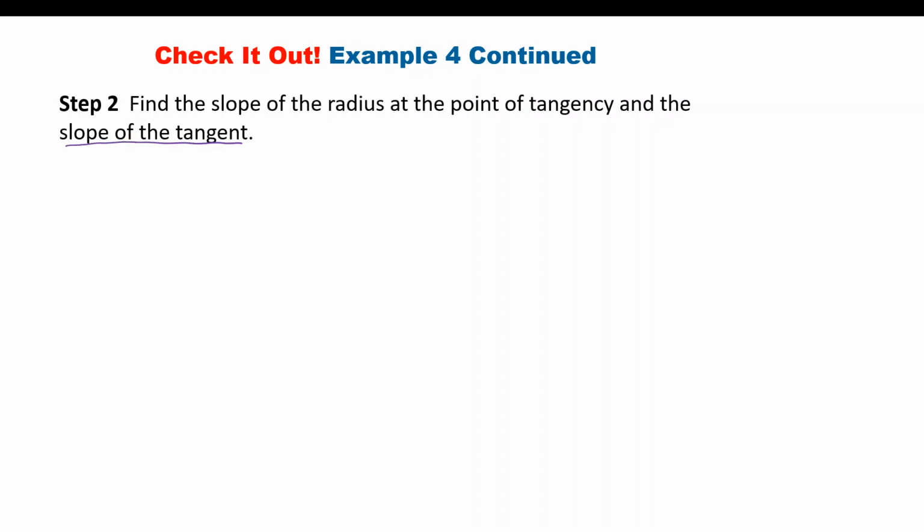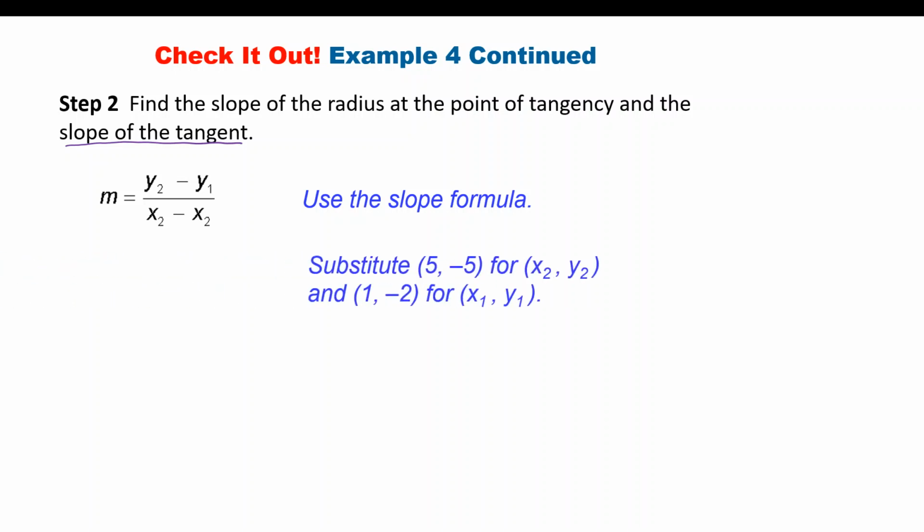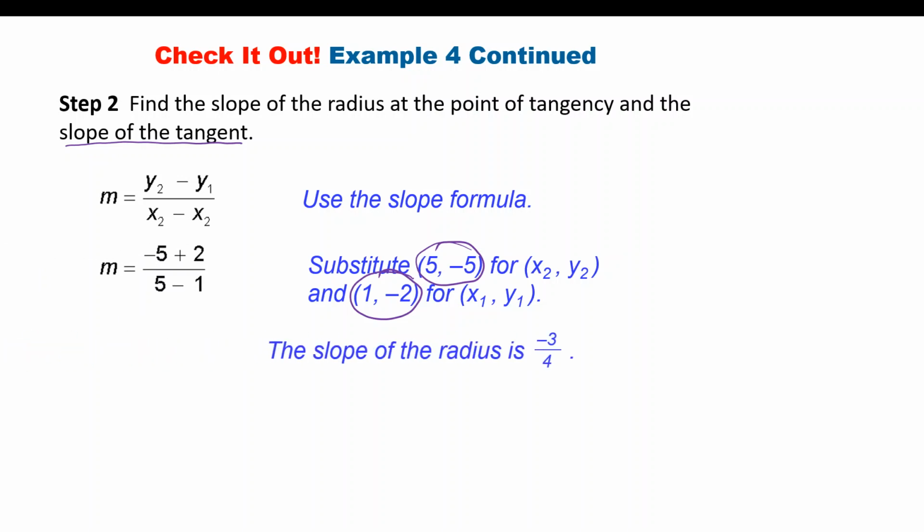And remember, the slope of the tangent is going to be the opposite reciprocal because they're perpendicular to each other. So the first thing we're going to do is go ahead and use the slope formula. Remember, it's the change in y's divided by the change in x. All right, so let's go ahead and substitute. We had one point at 5, -5, and we had our other point at 1, -2. So substituting that in, we find that the slope of the radius is